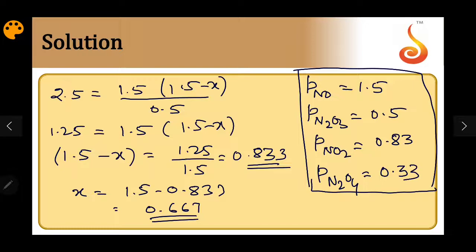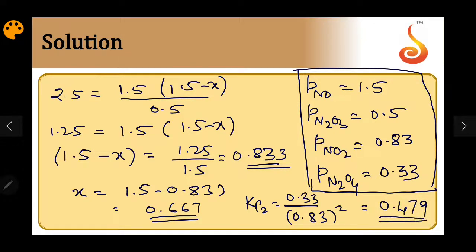Okay. And also Kp2. Kp2 is partial pressure of N2O4 by NO2 whole square, that is 0.33 by 0.83 whole square. So this comes to 0.479. So if you go through the options,